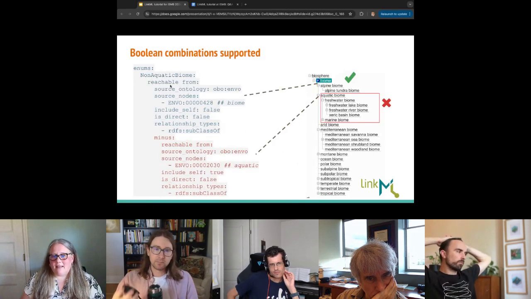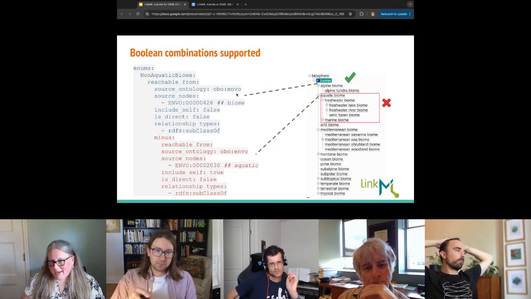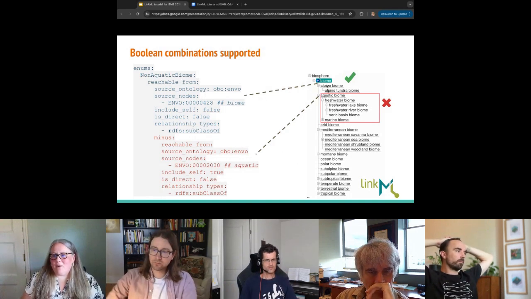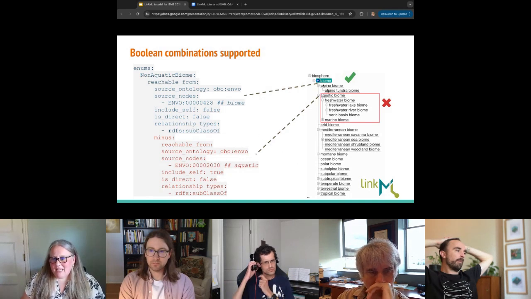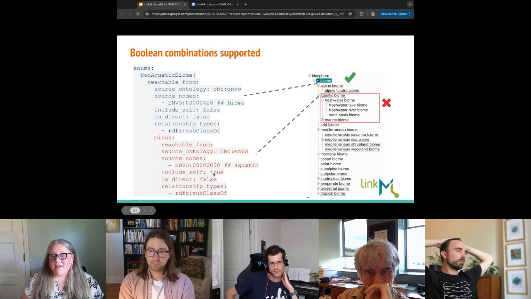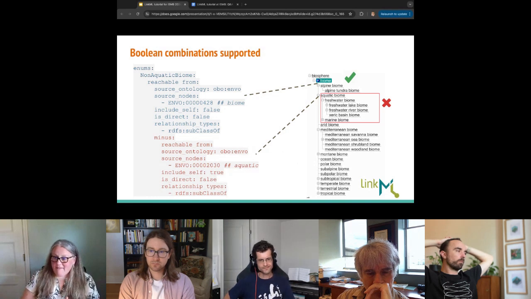So if I say that this non-aquatic biome is reachable from Envo and its source is biome, but I don't want to get anything else underneath biome from Alpine or Mediterranean or whatever, I can subtract out parts of that ontology. So I would say that the only caveat here with these kinds of constructs is that because LinkML supports